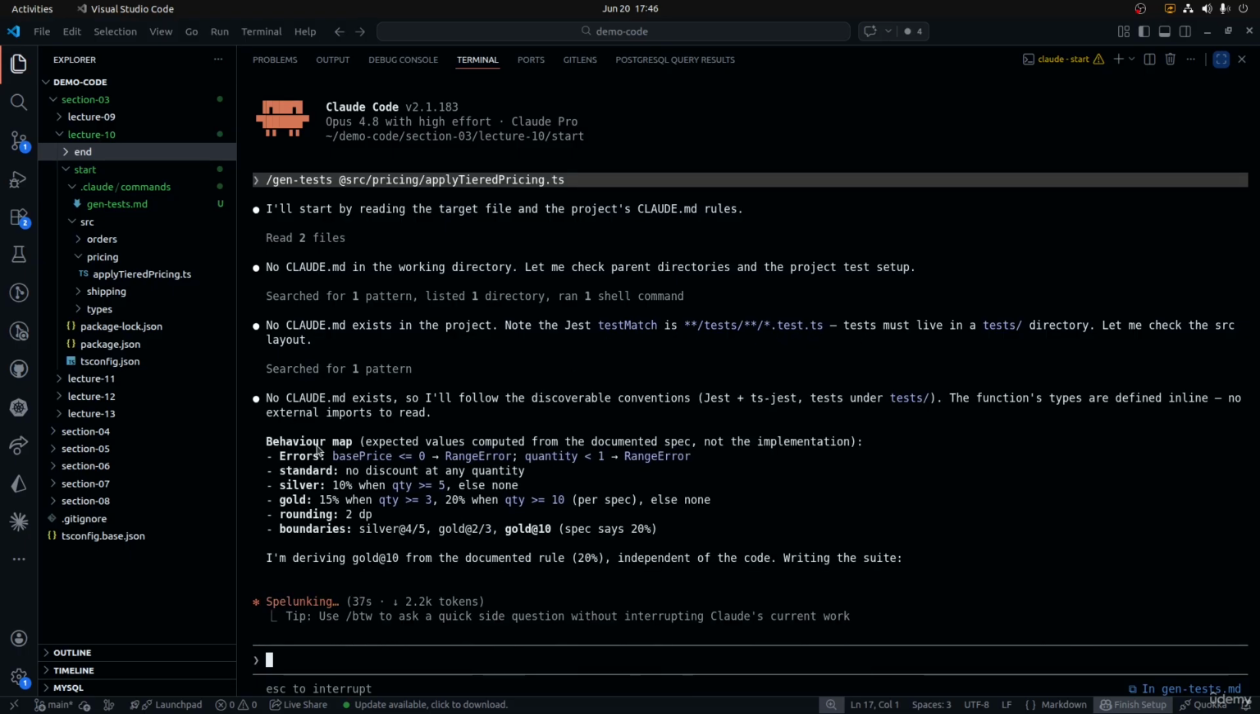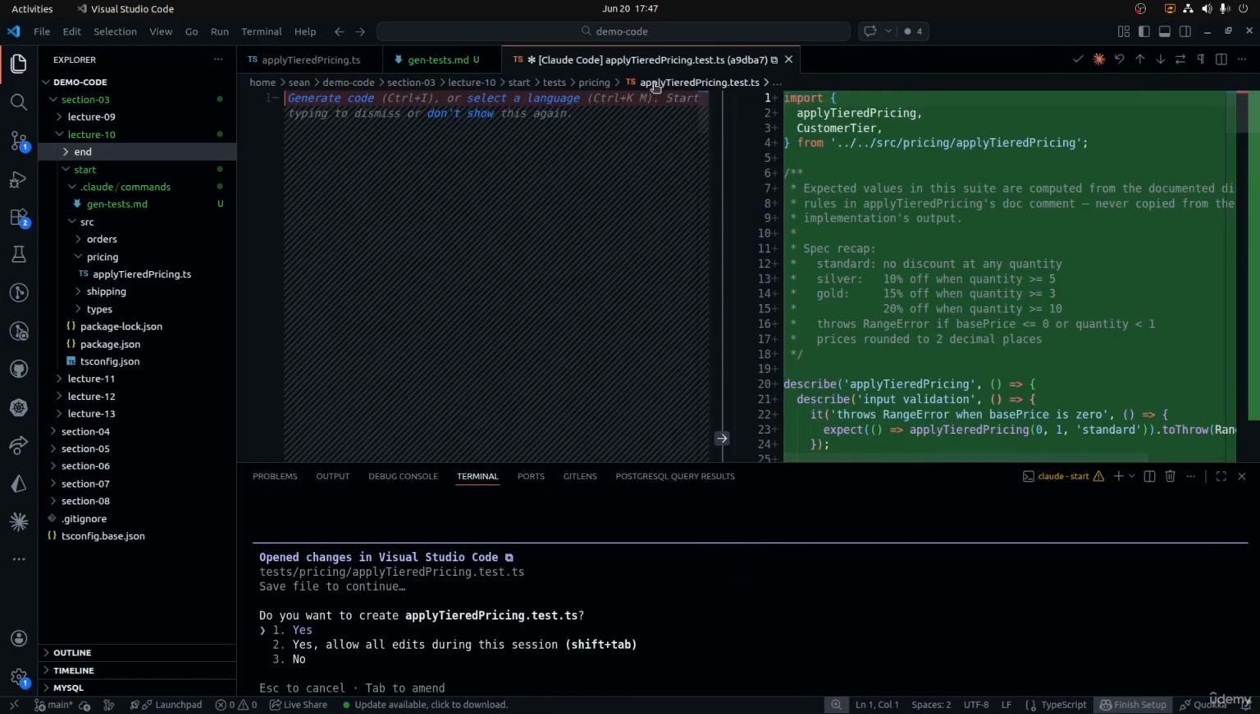All right, so behavior map, expected values computed from the document spec, not the implementation. I'm deriving gold at 10 from the document rule 20%, independent of the code writing the suite. So I haven't showed you detail about the function, to be honest, but my focus is more on the use of the / command. But obviously it is important to look at the code and understand what tests we are